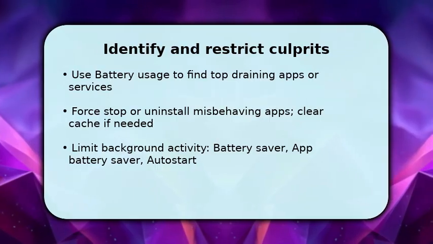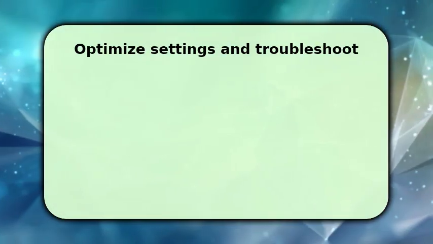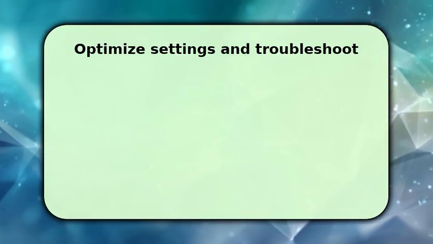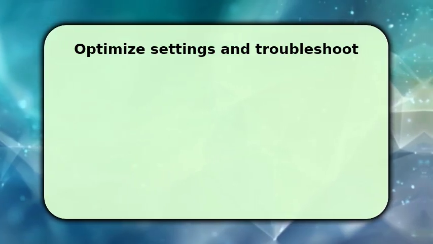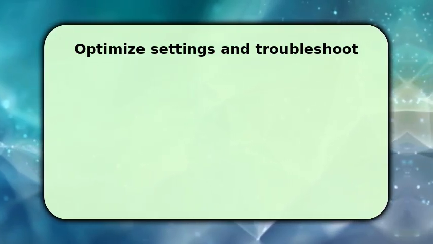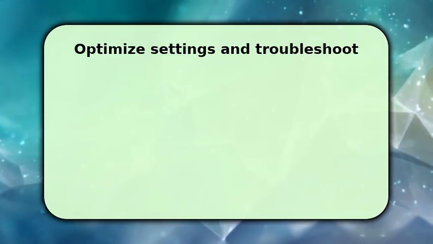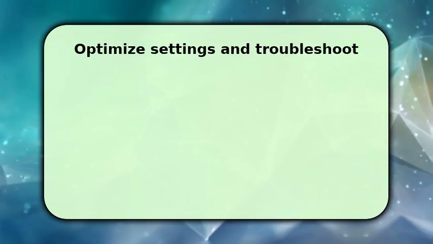Lower refresh rate to 60 Hz, reduce brightness and screen timeout, and turn off always-on display and haptic feedback. Calibrate with one full charge, then drain to about 5% and charge fully once. This sometimes corrects reporting. If battery drain persists, boot into safe mode to rule out third-party apps, and as a